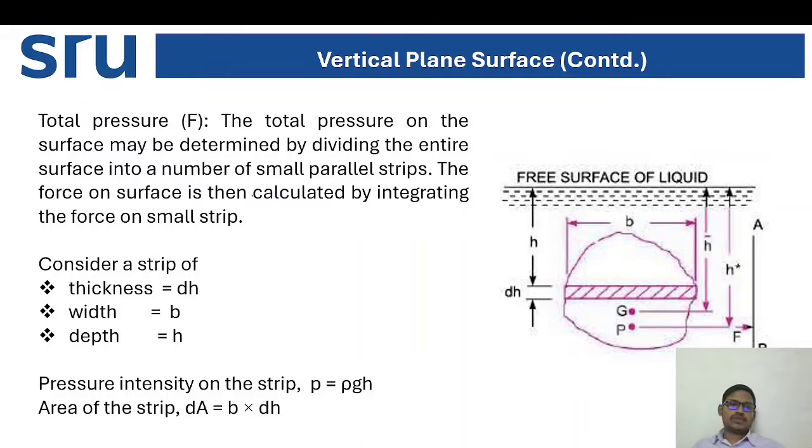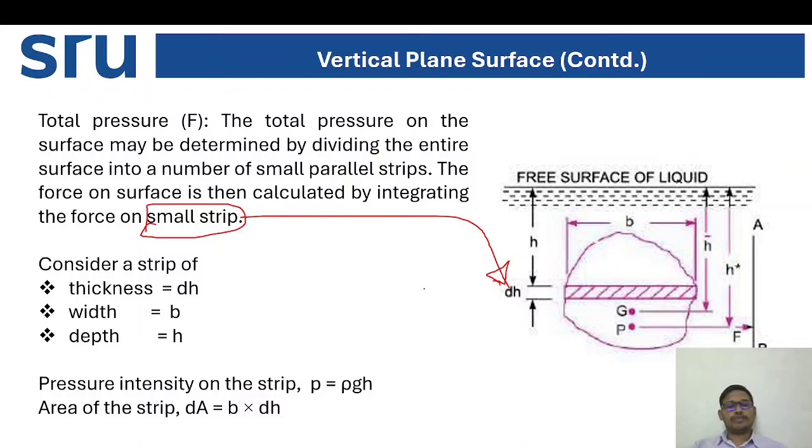And the force on the surface is then calculated by integrating the force on each small strip. As I mentioned, dh is nothing but a small strip. Considering a strip of thickness dh and width B and depth h,